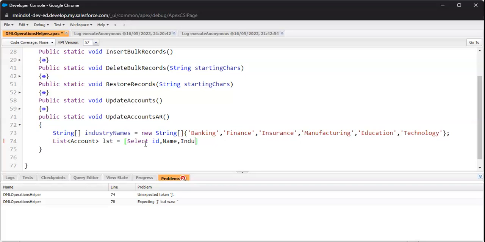This is the main important field, industry, and then annual revenue. These are the basic fields which we need from the account object. So we don't have any criteria for the account objects, but where the industry name is present in this particular industry names, where